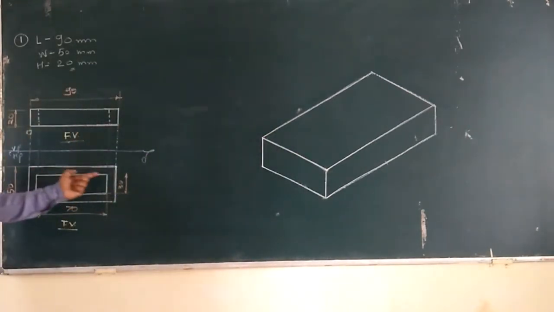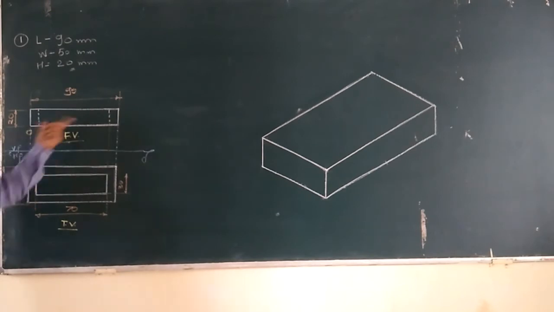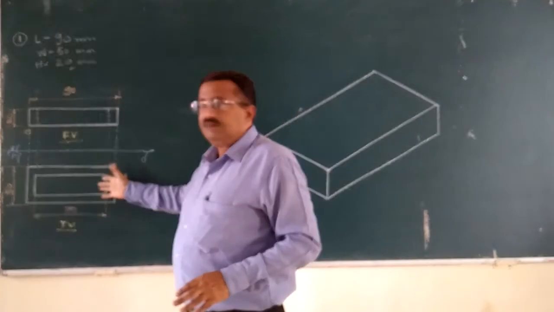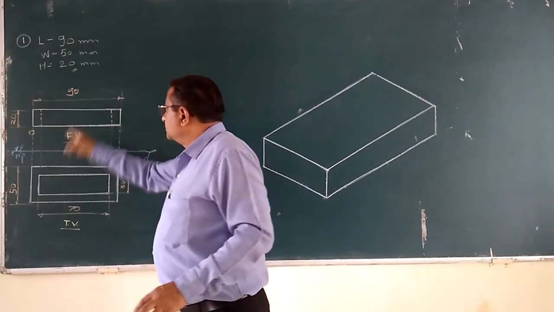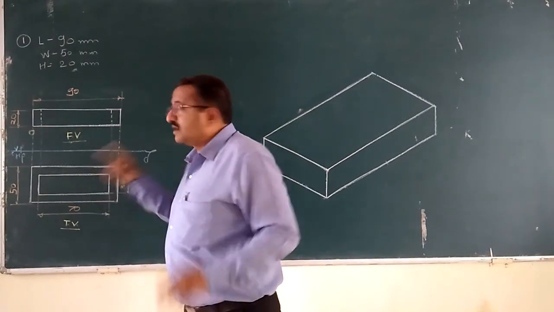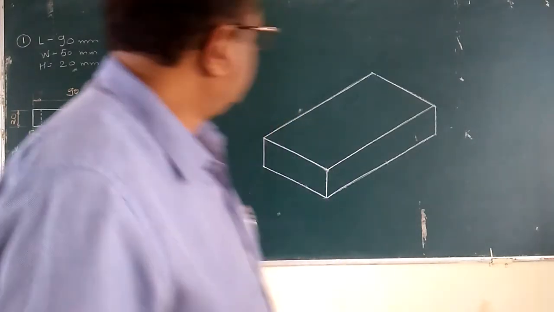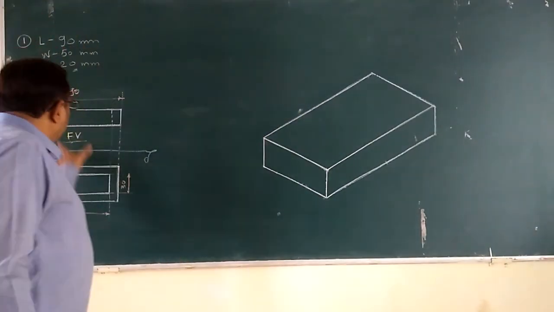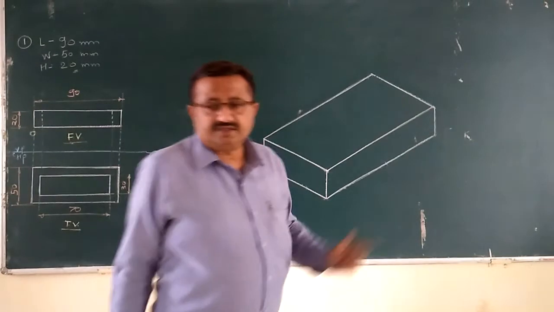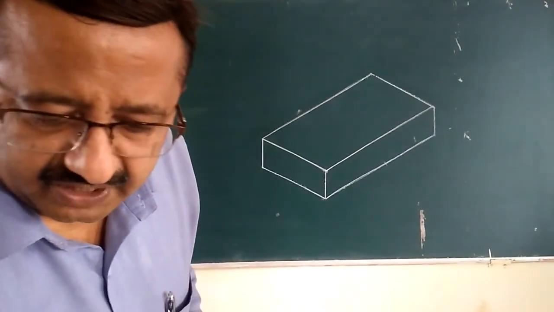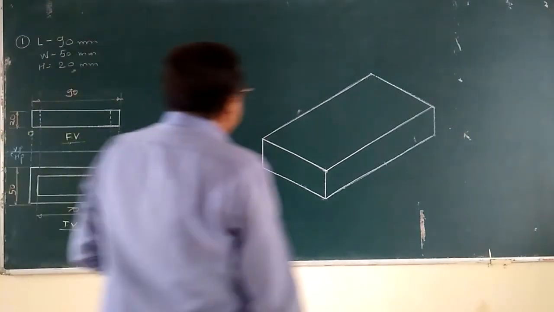In top view, totally this frame is visible. This part is removed. So this rectangle, which is created due to the removal of that central part, is visible in top view naturally. But in front view, those corners which are coinciding here and which are not visible should be shown by such kind of dashed thick lines. Okay, now that hole we have to show here. This is the solid only. Now the middle part of 30 by 50, one has to remove, then only the solution will be correct.